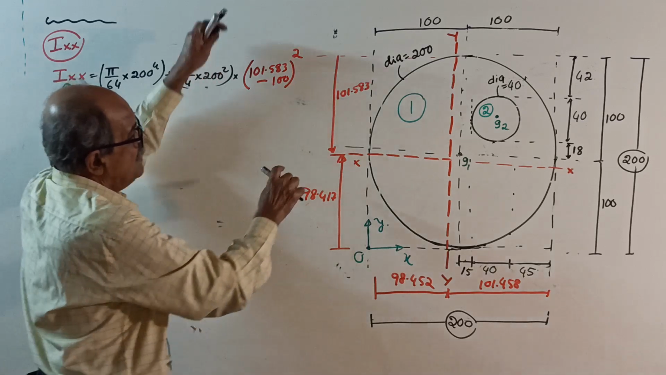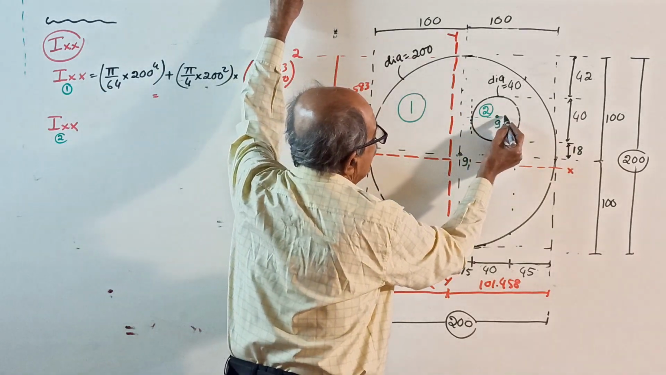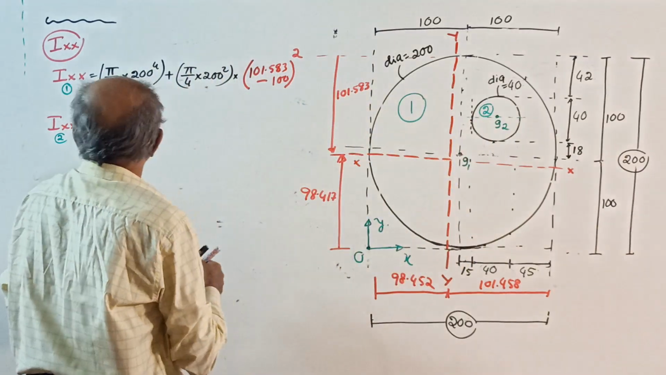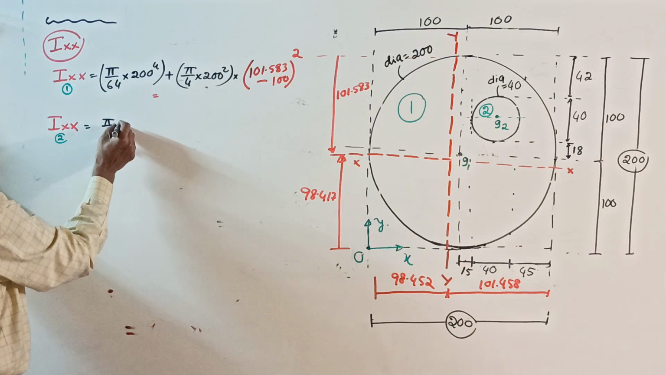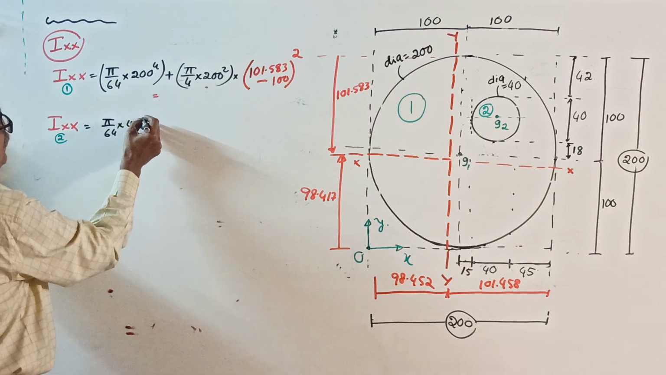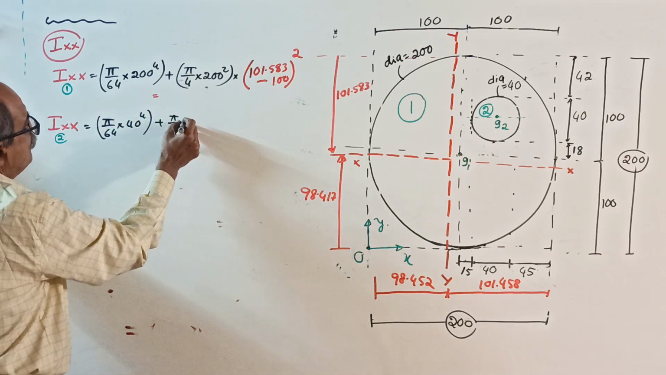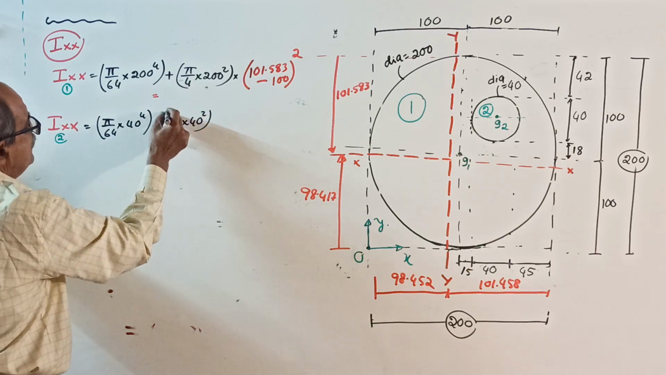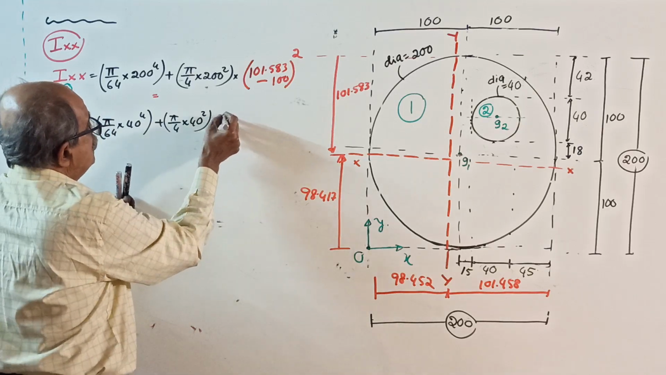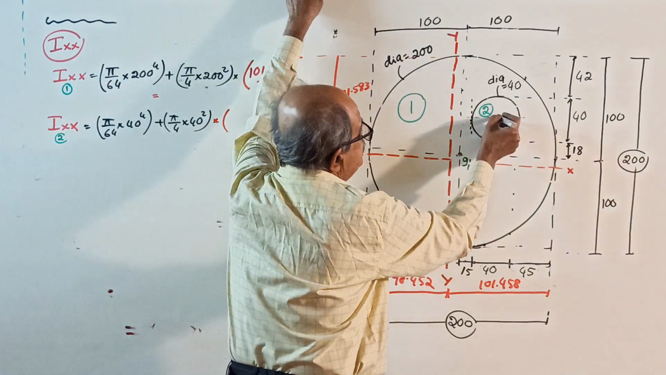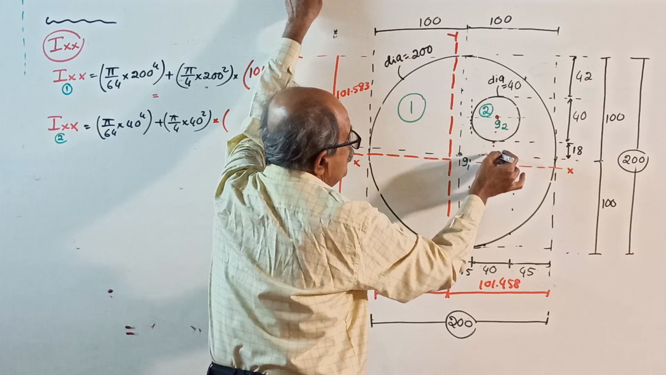Moment of inertia about x-axis of this cutout portion. First about its own centroidal axis. Once again same formula. How much? Pi by 64 of 40 power 4, diameter is 40, plus pi by 4 of 40 square, which is the area, into the distance from centroid G2 to x-axis, this distance square is